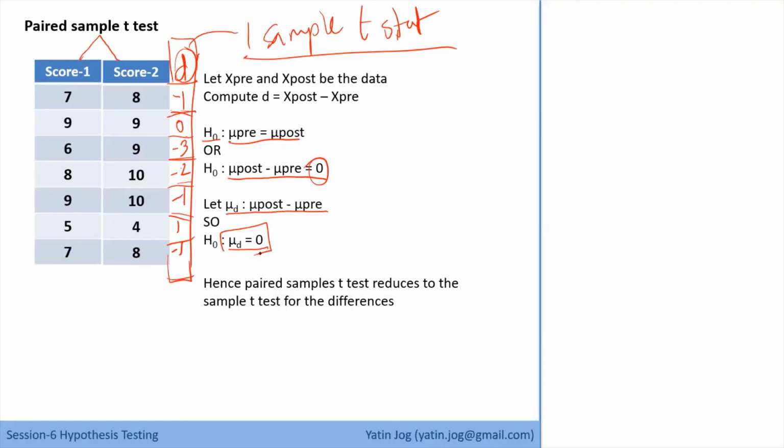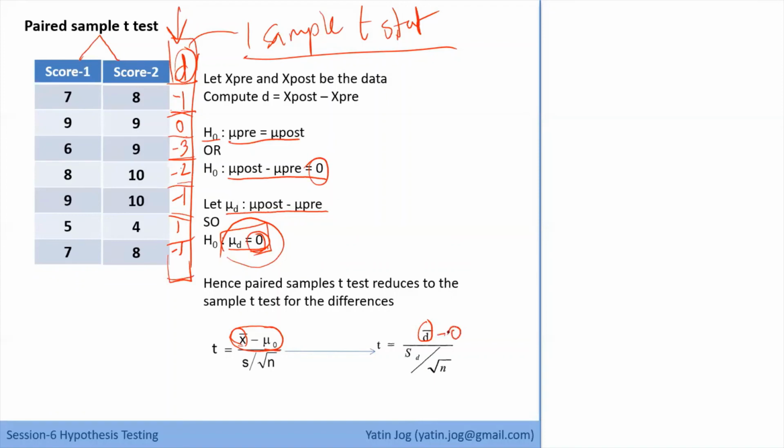Now, what is the formula for one sample t test, the normal formula? We have to just tweak that formula. This is my formula for one sample t test, considering only one sample. Now in this case, what is this? This is nothing but mu d. So I'll just replace the numerator x bar by d bar, that is the mean of only one variable, the difference variable, d bar. I'm replacing x bar by d bar, but mu 0 is the value of mu d, that is 0 itself.